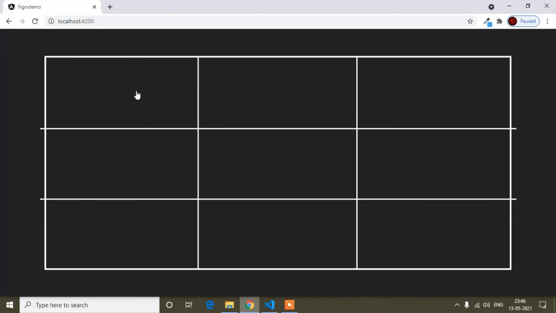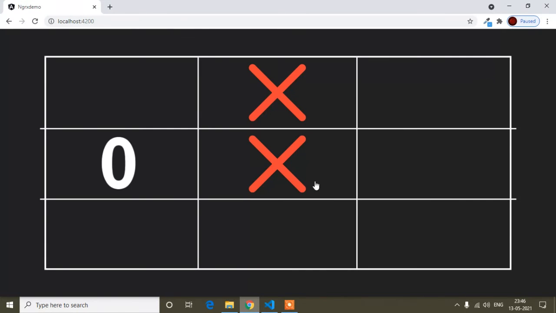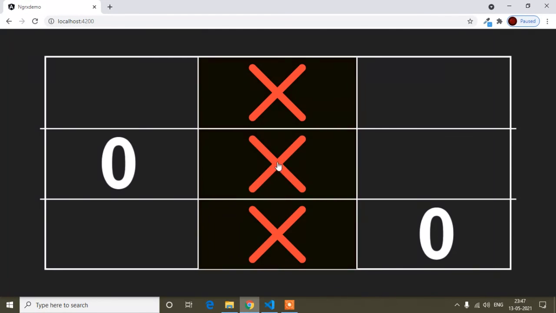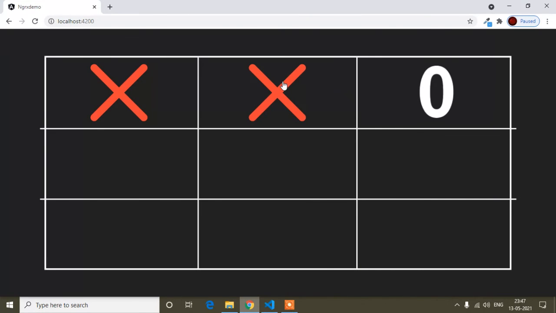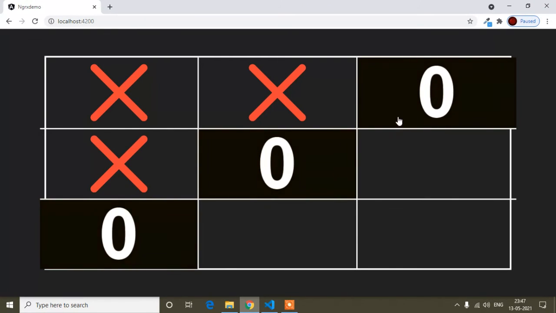So now guys, suppose the first player plays here, so it's a cross, the second player here, and the first player is here. After that, second player here, the first player is here, so you can see it's matched like this way. So cross is the winner and it's matched this way, so here this is blinking. And I will refresh again. And suppose now the first player is here, second player here, first player here, suppose second player here, first player here, and now here, so you can see now the 0 is matched by this angle, so 0 is the winner and it's blinking, so this is developed. Okay, so this game is now working.